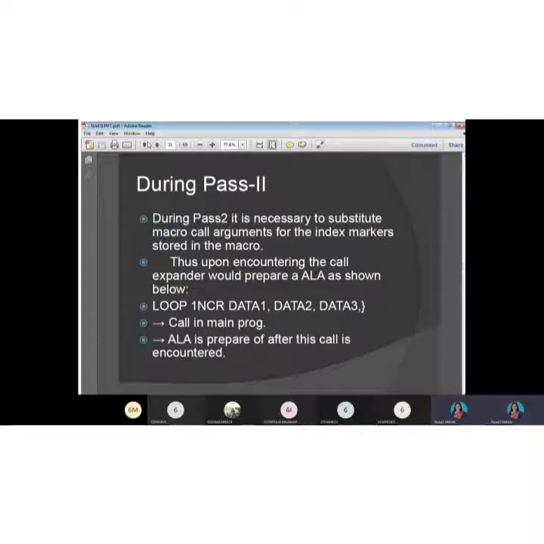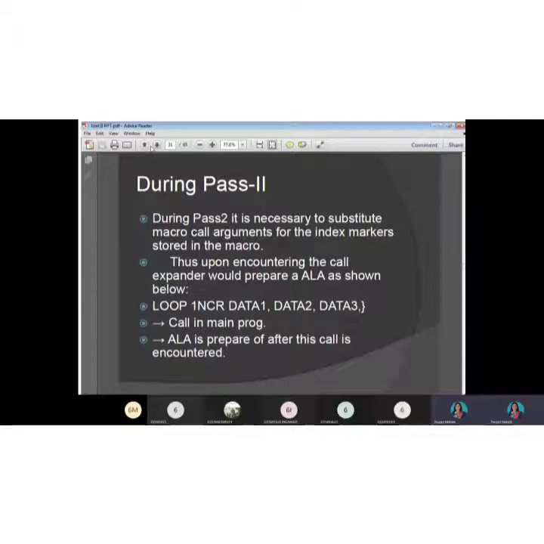Now we are going to see what happens during pass 2. During pass 2, it is necessary to substitute macro call arguments for the index markers stored in the macro. Thus, upon encountering the call, the expander would prepare an ALA as shown below.